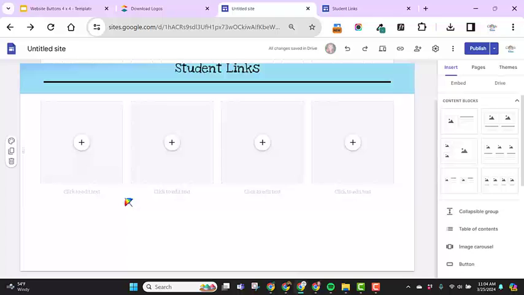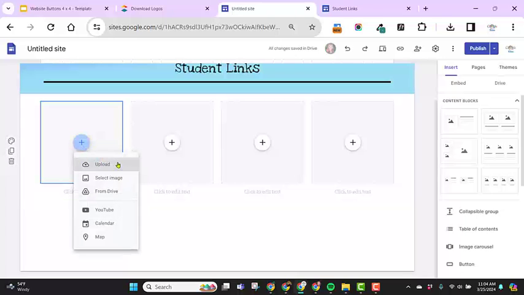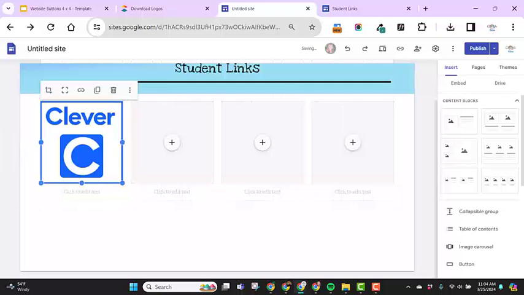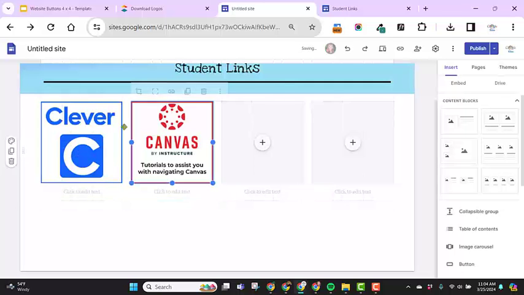So I showed in another video how to make buttons using Google Slides. So I've already downloaded those to my computer. I can click the plus sign here to upload from my computer. Maybe you have an image in someplace else or from your drive. Notice you also have the option to do YouTube, calendar, and map on here. So I already downloaded those, so I'm just going to left click and drag them over from my desktop,